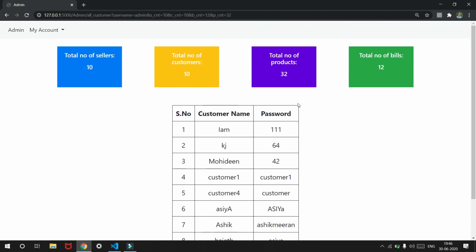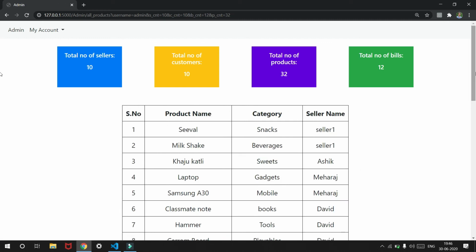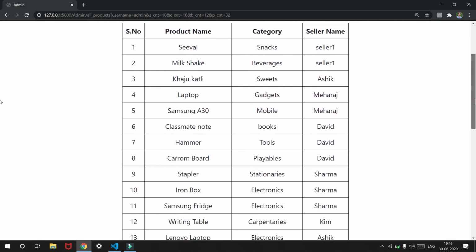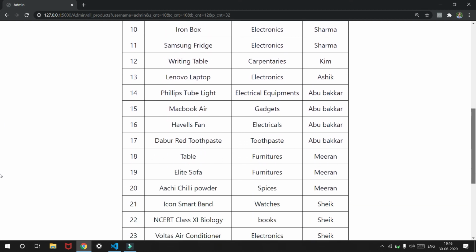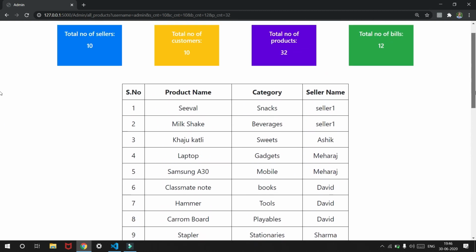You can similarly look at the total number of products. These are the products in our application currently, with the category and the respective sellers who added these products.